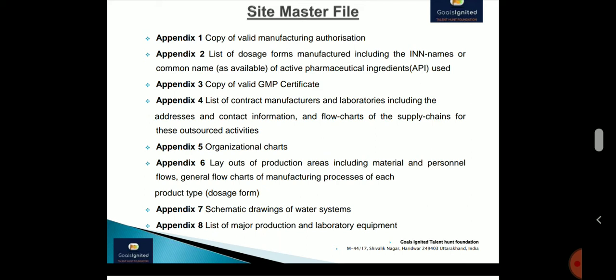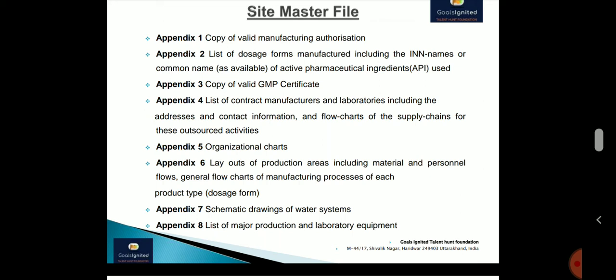Then organization charts. We may also have the quality charts, because the quality department is subject to direct reporting and is an autonomous body for the plant. So it should be included with the organogram: a complete organogram with all of production, QC, QA and everywhere, but also a separate organogram for quality, showing that it is directly reporting to the top management or the owner of the company, should be enclosed with the site master file.